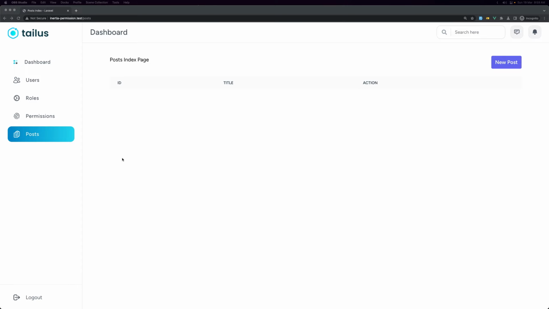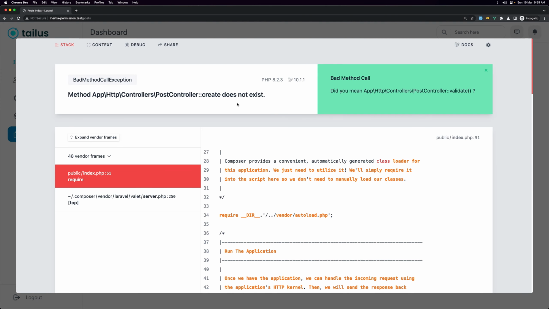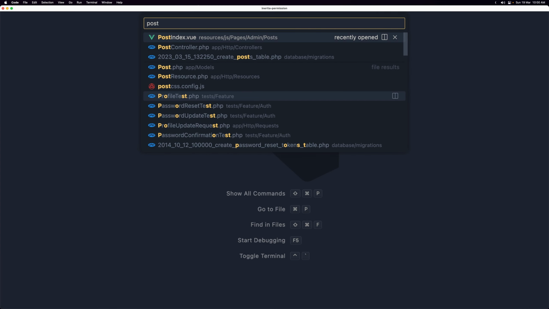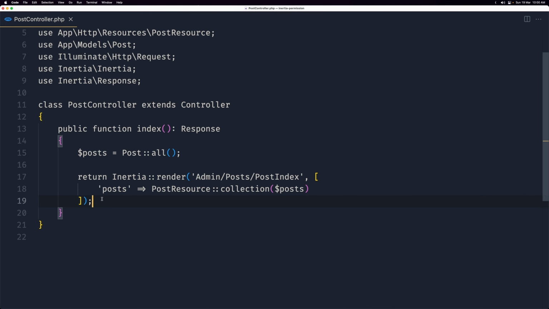Okay friends, now let's make the CRUD for posts. Right now if I click here, the create method does not exist on the post controller. So let's go and create that. I'm going to open the post controller here and let's create the method